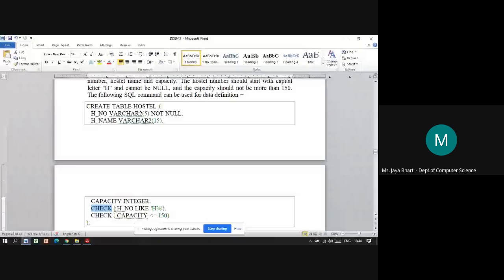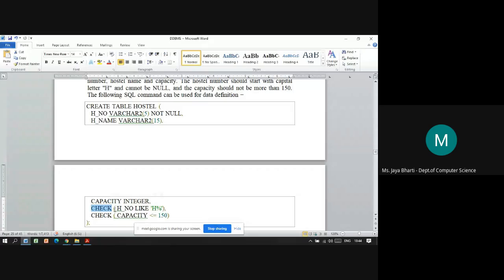You specify the column name, that is H number, then a space, and LIKE as it is, which is a keyword for the operator. Then, inside single quotes, you specify the pattern: H and then percent.